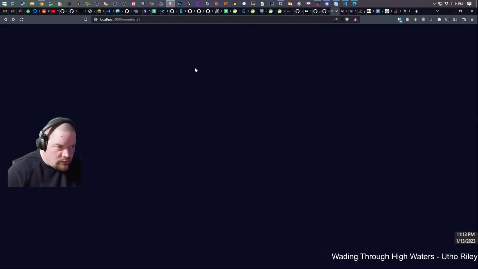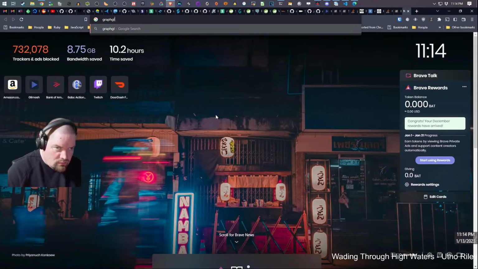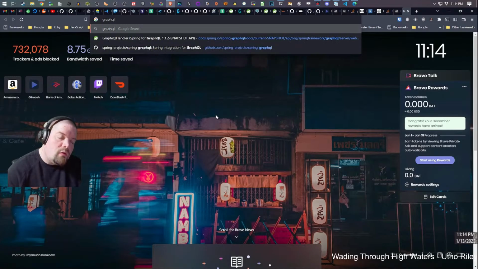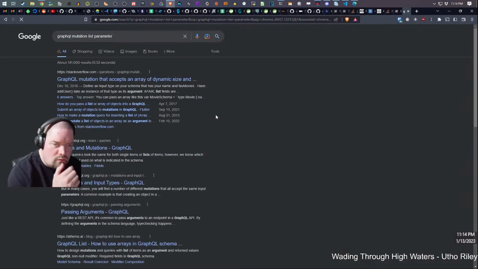So let's get up here. GraphQL mutation list parameter.